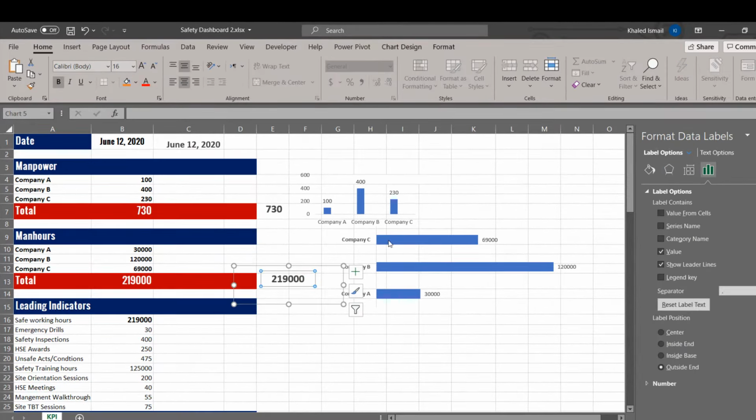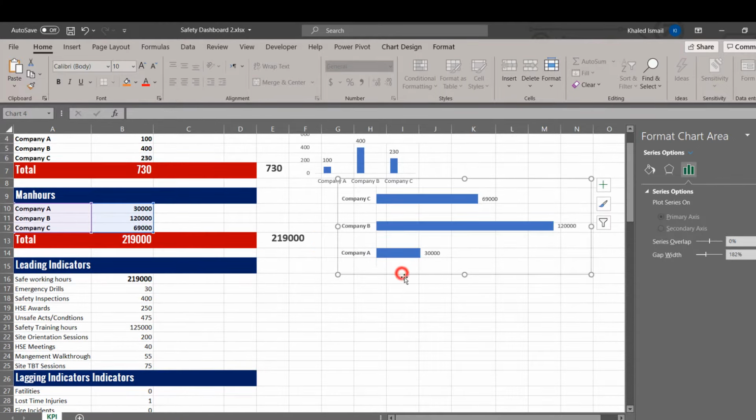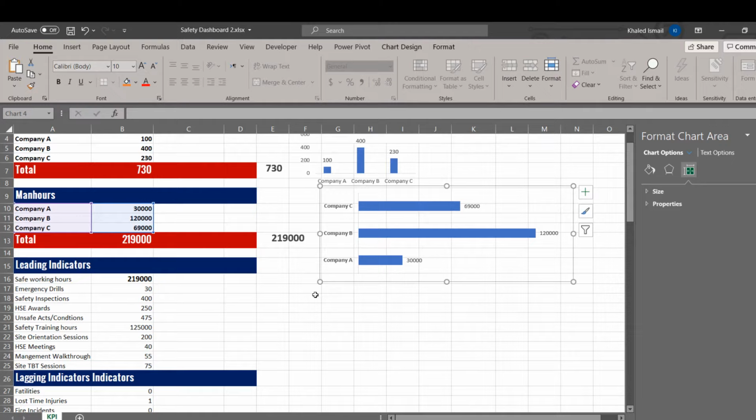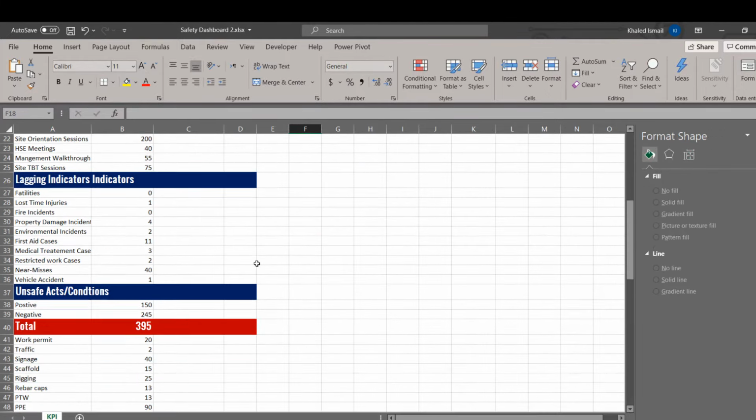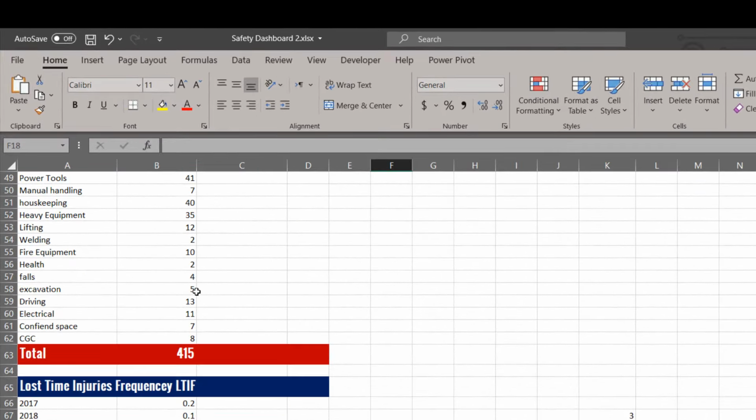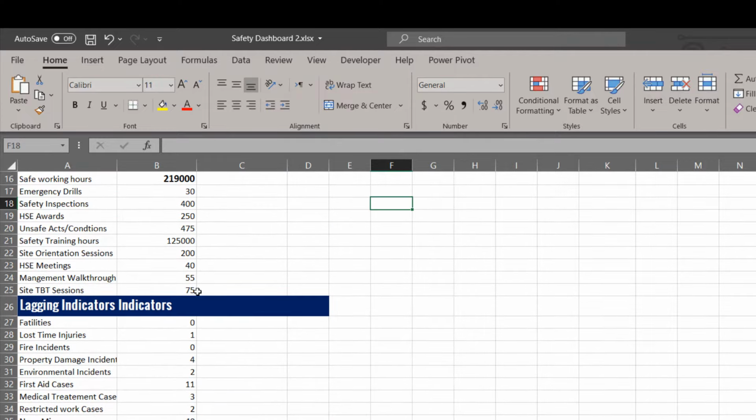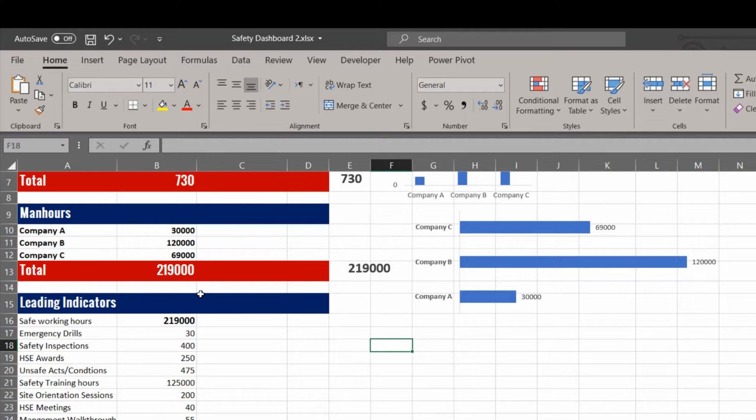Now we have our data already listed. We'll leave leading indicators and lag indicators as I mentioned before. We'll come to unsafe acts and conditions. Here we can use a pie chart for percentage, and also here we can use another chart. So for unsafe acts or unsafe conditions or any percentages